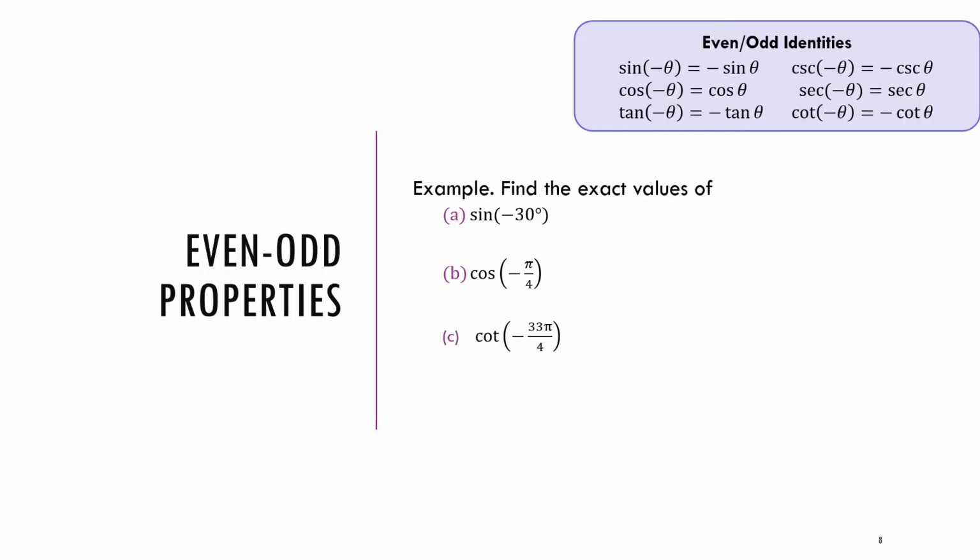Another useful set of trig identities are the even-odd identities. What these do is they get rid of negative angle measures for us, so that we don't have to go backwards on our unit circle. So here we have sine with a negative angle inside. So I will look at my identities,